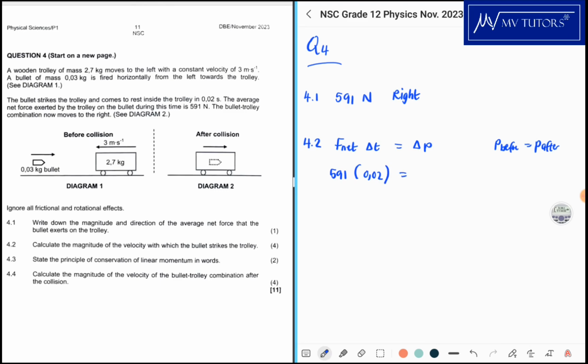And momentum, remember, it's mass, then you have final velocity minus initial velocity. Okay, we know that eventually it comes to a standstill. So the mass being 0.03 kilogram, final velocity is what we're looking for. No, final velocity is 0, because it comes to a standstill. Initial velocity is what we're looking for. All right, let me just put this in brackets. Maybe we can use that formula just for the bullet. But anyway,